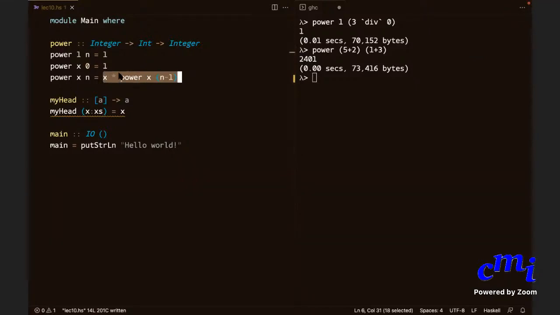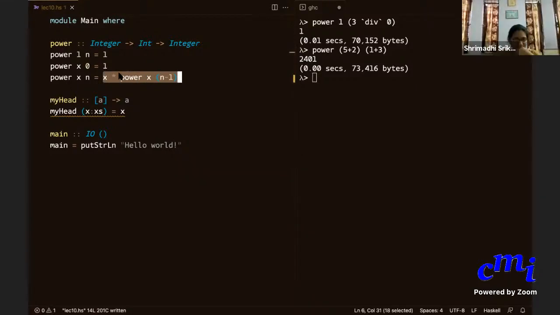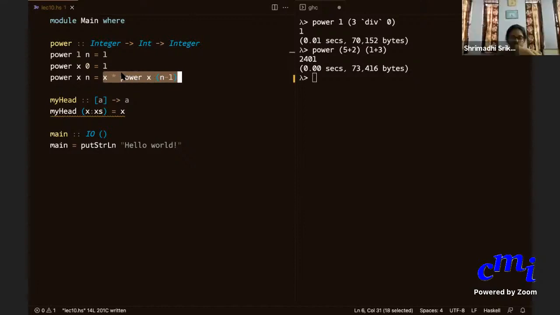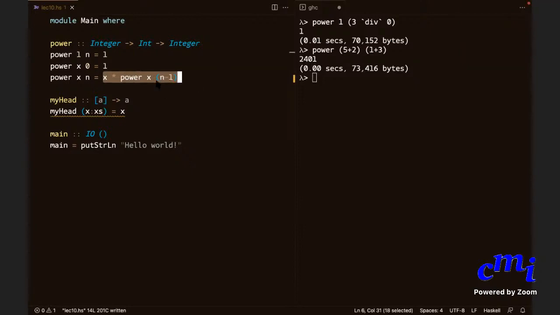Multiplication can be done only if x is in its simplest form, namely a number. So you will evaluate x. And then power you have to recursively evaluate. You need to reduce the right hand side part also to a number. Yes, sir. So it needs to evaluate power, and for power it needs to evaluate both first and second arguments, because it needs to see whether 1 matches or n minus 1 matches.